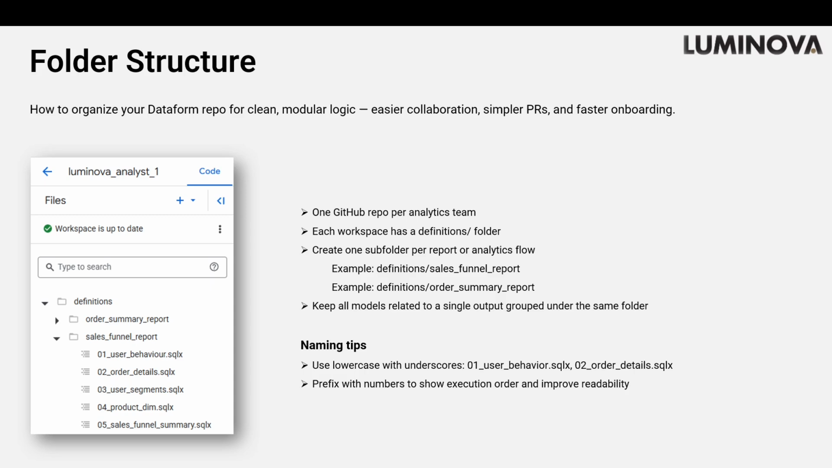For example, definitions/sales_funnel_report, definitions/order_summary_report. Each folder should contain all the models related to that flow. Inputs, transformations, and outputs grouped together. For naming, use lowercase with underscores and prefix your files with numbers to show execution order. So instead of dumping everything into one file, you'd write something like